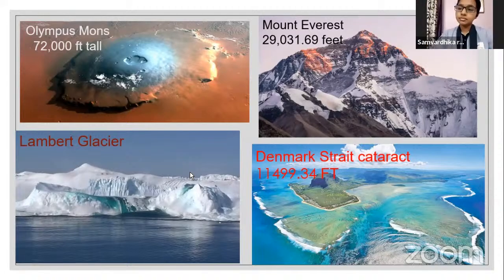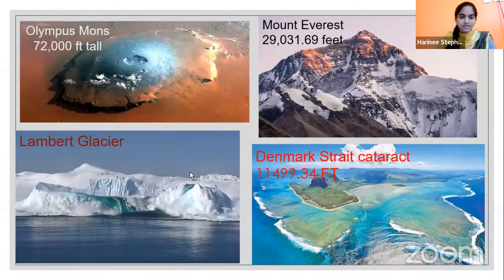Okay. Has anyone already looked at any other of the 3 pictures? No. The first one, interestingly, actually today is when I found all the other 3 as well. So the first one, Olympus Mons, which is the tallest mountain in the solar system. Interesting, right? And the below one is Lambert Glacier, which is the tallest glacier in Antarctica. And Denmark Strait Cataract is a waterfall below sea level, and that's the tallest below sea level waterfall present in